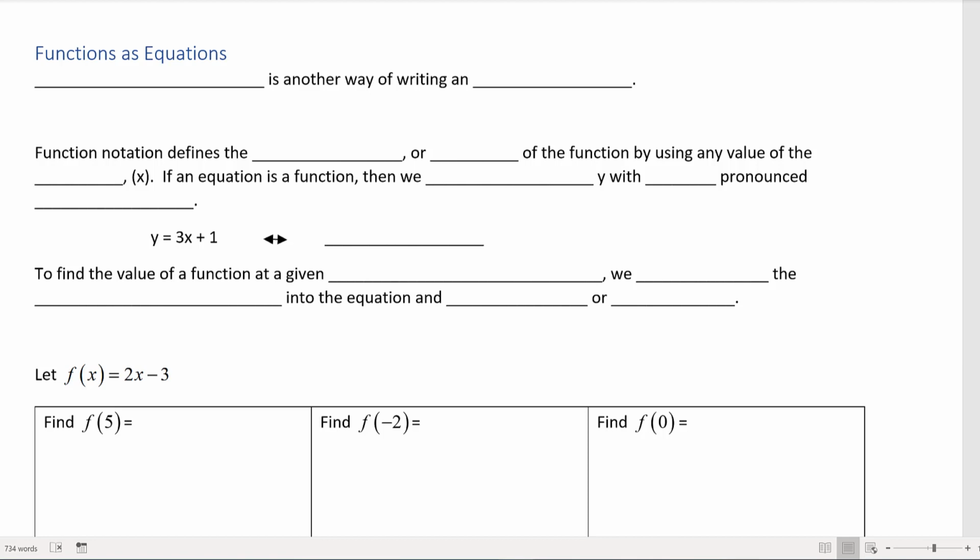Okay, the last thing we're going to talk about is functions as equations. So we're going to discuss something called function notation. And it's just another way of writing an equation. So function notation defines the range or the output of the function by using any value of the domain or input,